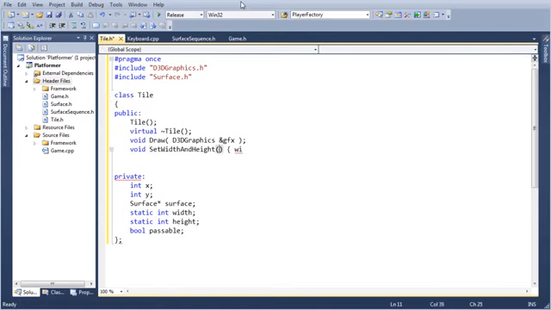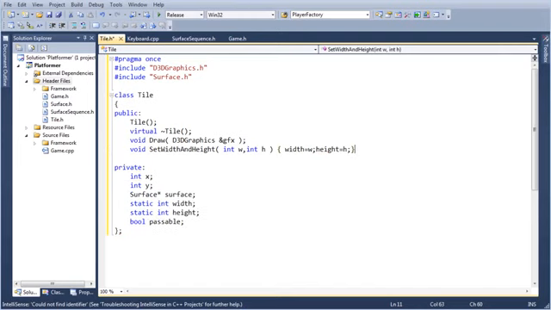Int W, int H. Width is equal to W. Height is equal to H. That is not the key I wanted to press. How's that? Okay, we like it. It gets a pass from the compilinator. And that's fine by me.